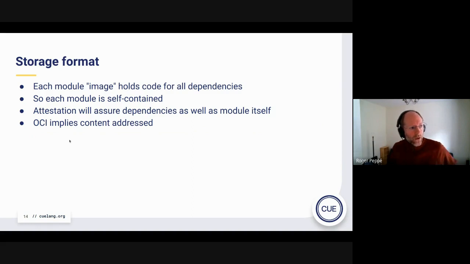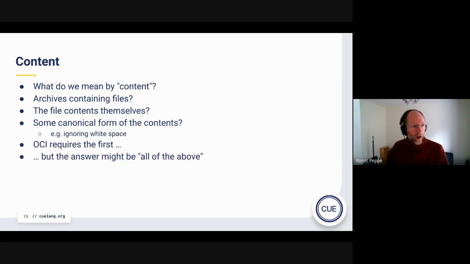And yes, the OCI format implies this content addressed type thing. But the content addressing generally refers to the archives. When we have to do some assurance on content, there are various ways we can hash the content, because you can hash the archive, which is what OCI does, the binary blobs, but sometimes you're more concerned about the files.